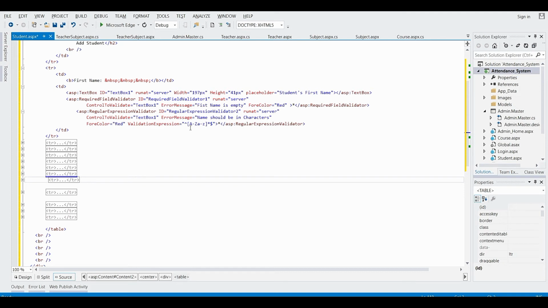Here it will check that when the user enters any value in the text box, it should match with this. What it says is that the data entered in the text box should be in capital letters from A to Z and small letters from a to z. It will take all these alphabets, including capitals as well as small.